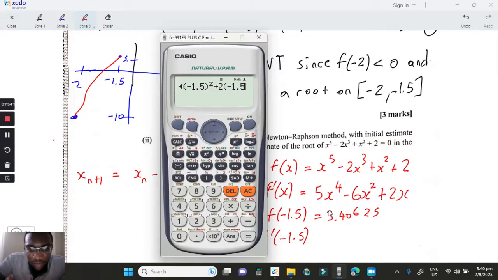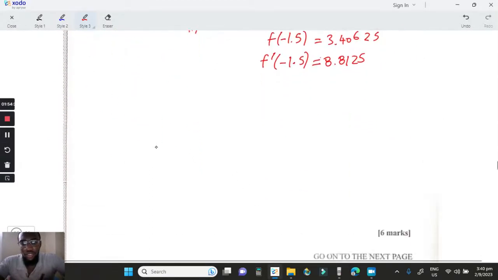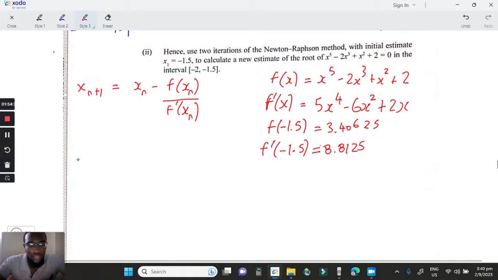Trying to save time here. So we'll get 8.8125. So this is 8.8125. So using Newton-Raphson, the first time, we're saying x2, our second approximation, is negative 1.5 minus